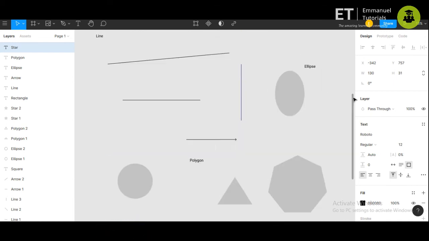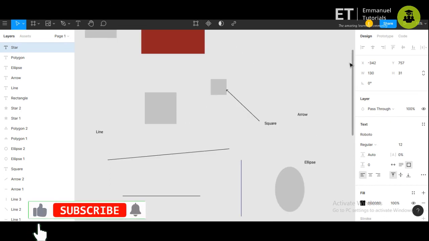In this way you can make different shapes.